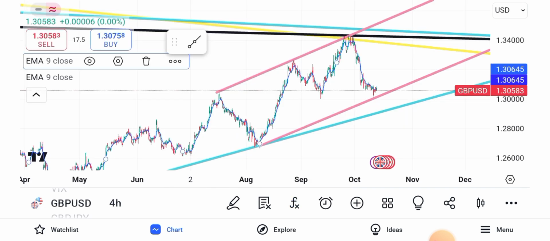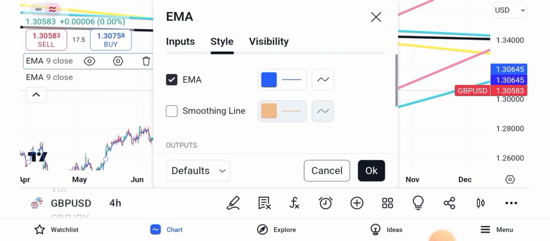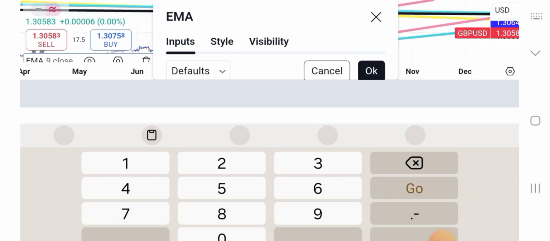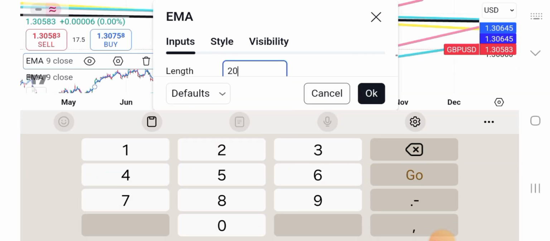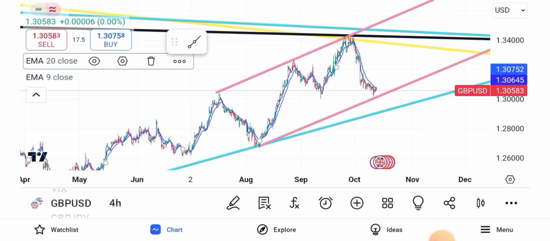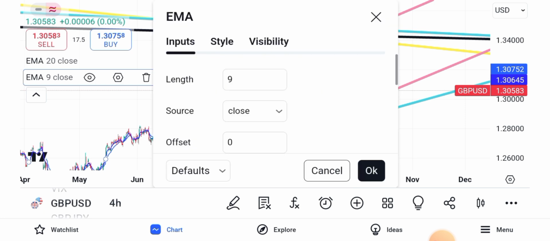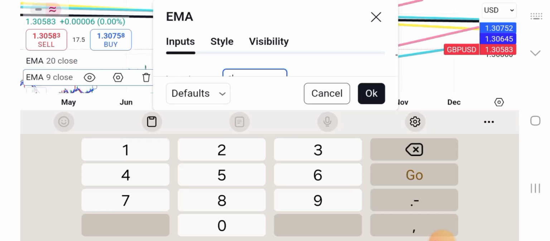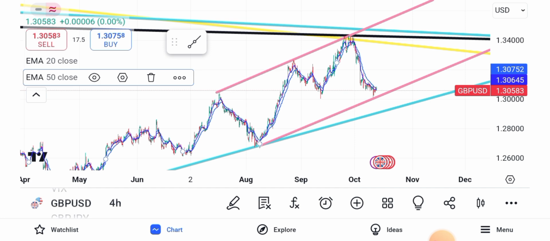Okay, so what I usually do with these ones, I usually use a 20 EMA and a 200 EMA. But I'm going to use a 50 EMA